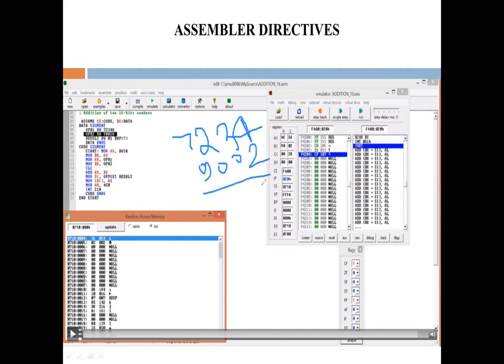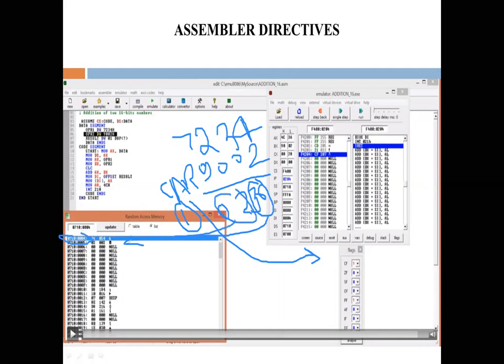We get 4, 6, 3, 2, 9 and 7 plus 9 is 16. 16 means this digit is 0 and 1 carry is generated. This carry is stored in the carry flag, and the lower byte addition is stored at the lower address, and the higher byte addition is stored at the higher physical address.